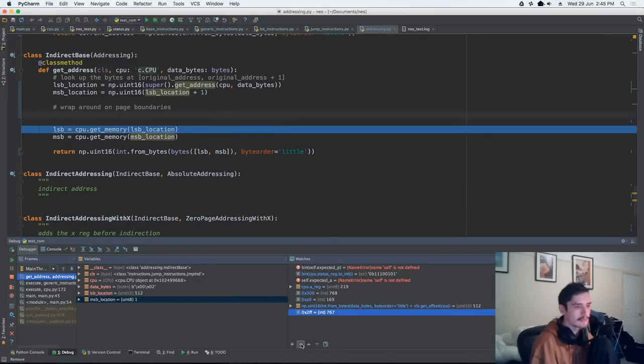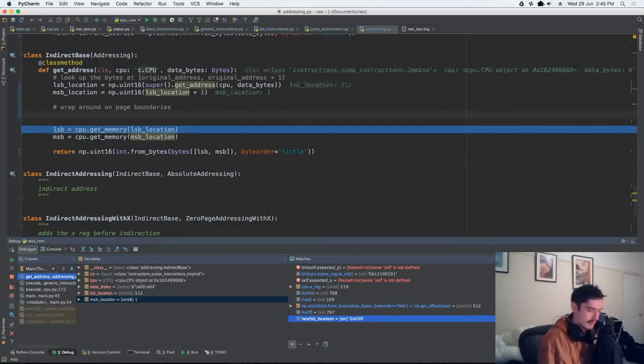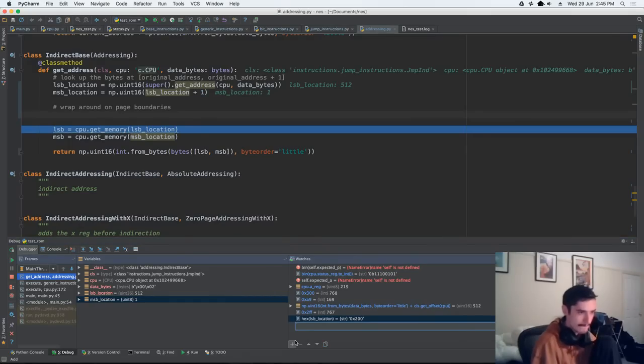Okay, so how do we tell that? So what's LSB location? Hex of LSB location. So this is fine. So LSB location